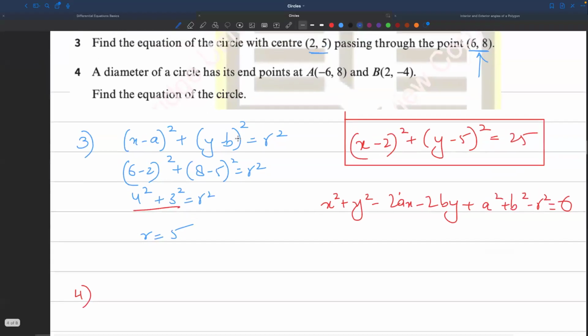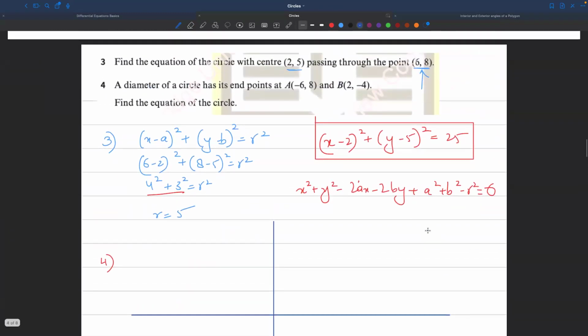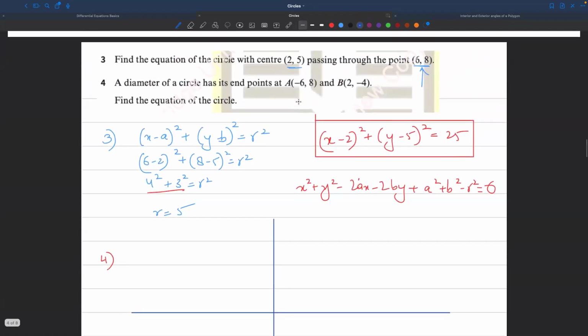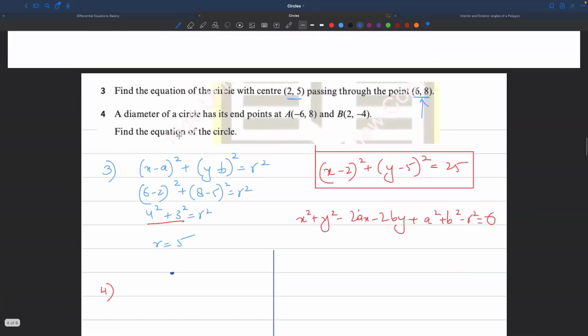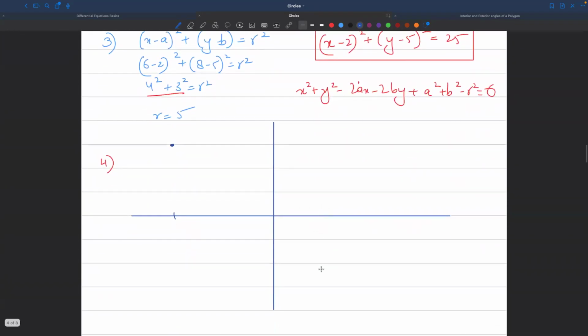Okay. Now when it says the diameter, look, one last advice for coordinate geometry and circle questions, and that advice would be: if the figure is not given, try and make it. So if the diameter of a circle has endpoints minus 6 and 8, even though in this case you might not need it, but still it really does help. Okay. 2 and minus 4. So basically these are the diameter of a circle. So if I make a circle with this as my diameter,